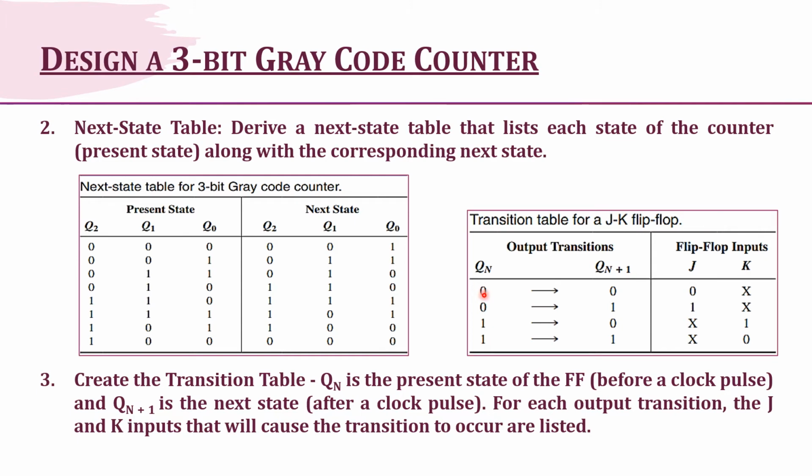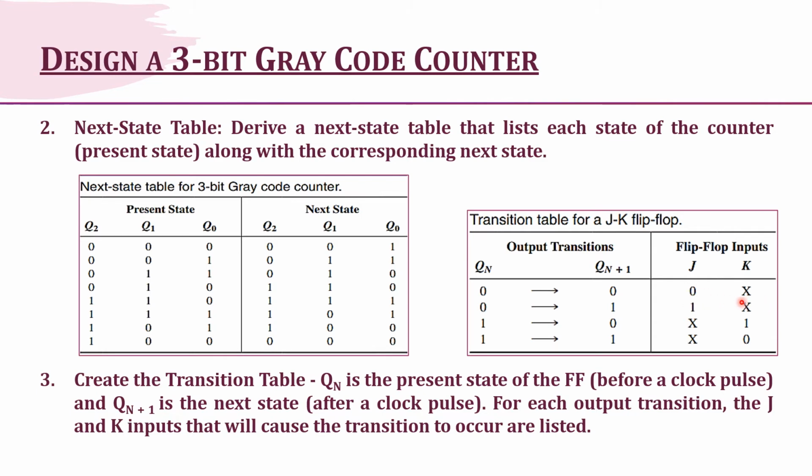If the present state is 0 and we want to have the next state as 0 itself, what about the J and K input terminals? From the present state, if the next state is also 0, that means it remains in the same state or it remains in the reset state. So the combination can be either 0 0 or 0 1. K means 1 means it should be in the reset state, or it can remain in the same state. So we can have the values as 0x.